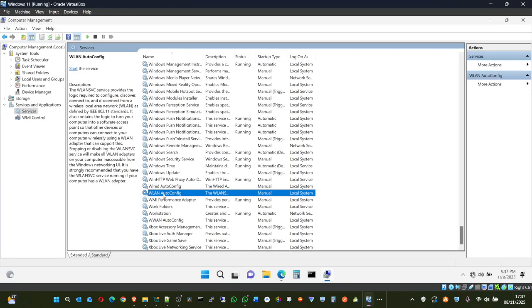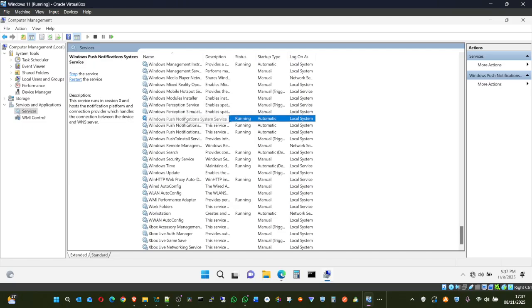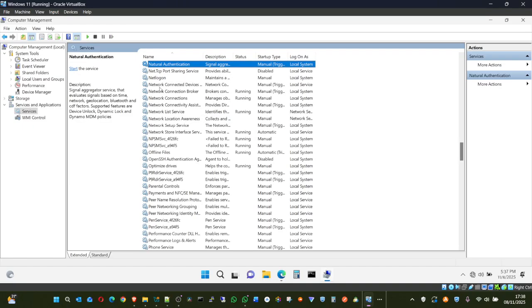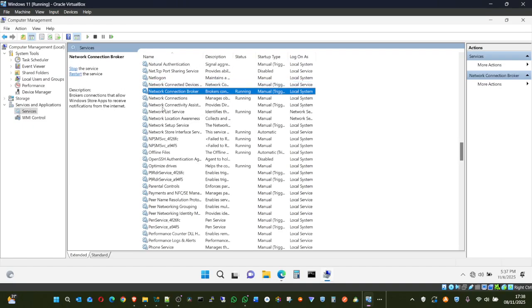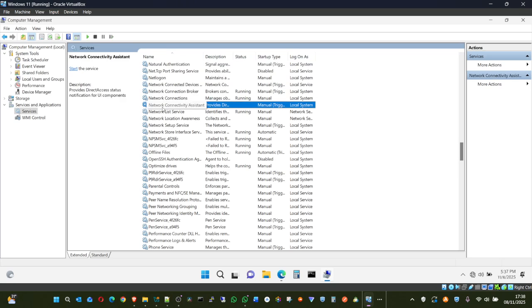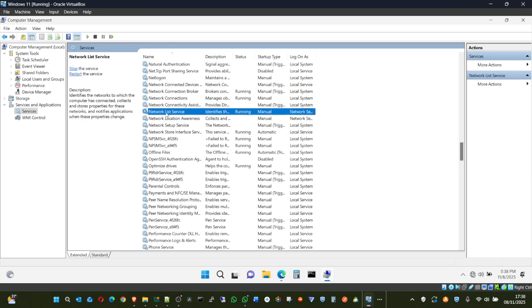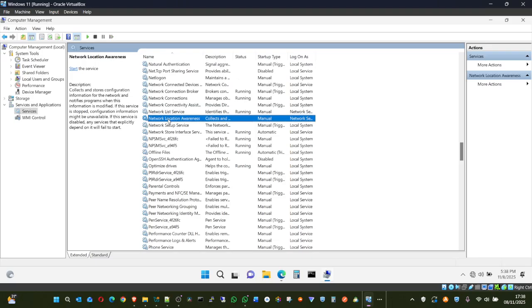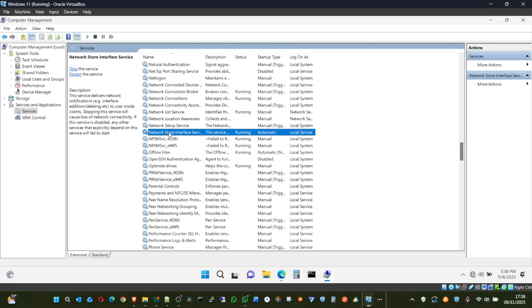You can say WLAN. Maybe look at wireless or anything network. If you don't see that, press N, look at network. Network assistance is not running. Network List Service, Network Location Awareness, networks, so many applications.